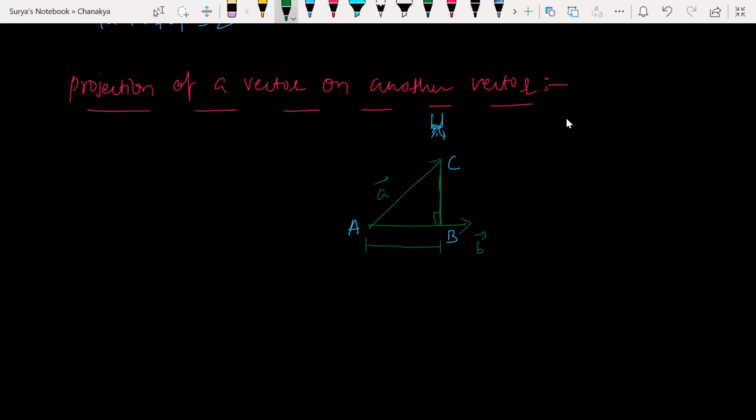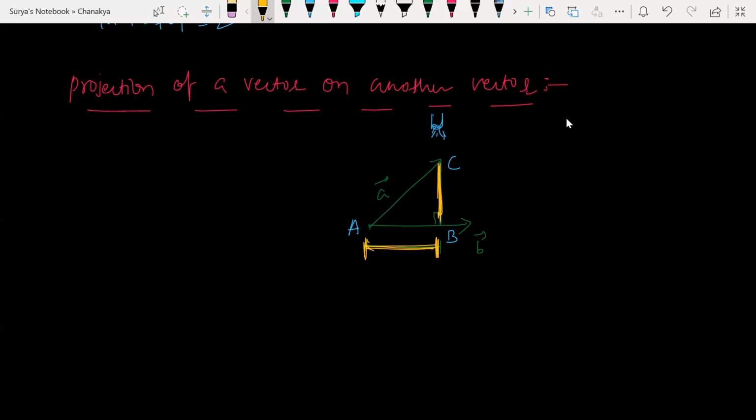Look at this. What is the story here? Projection of a vector on another vector is nothing but whatever light you get here. There is a light, right? Projection of that light, it is the shadow. Whatever you are getting here, that is the projection of a vector on another vector. Projection of a vector on another vector is nothing but AB. Whatever AB you are framing, that is the projection of a vector on another vector. Clear? I'm just giving you an example by using that light.